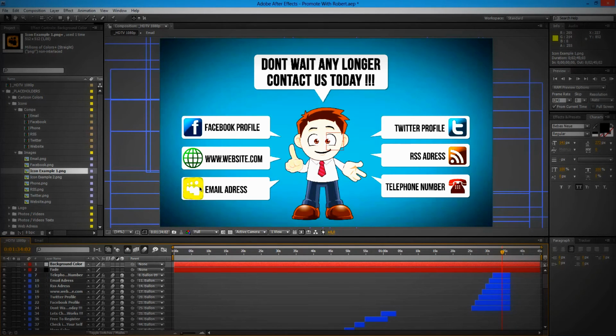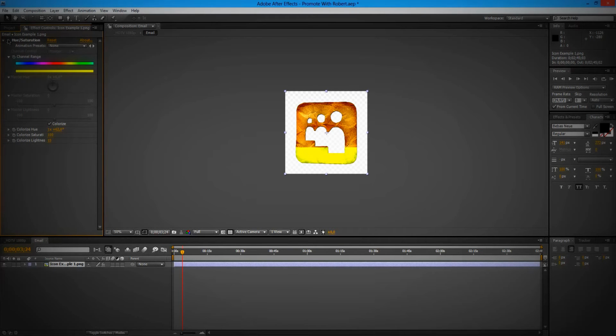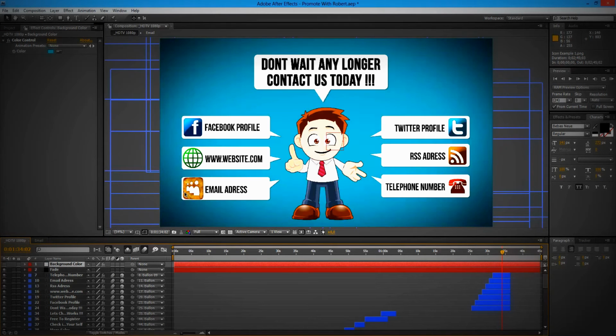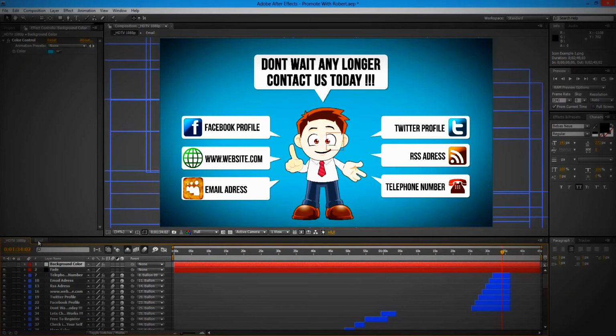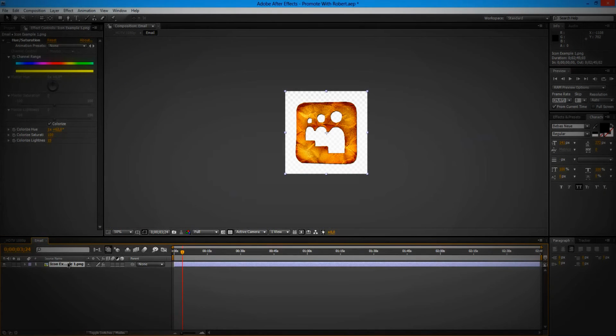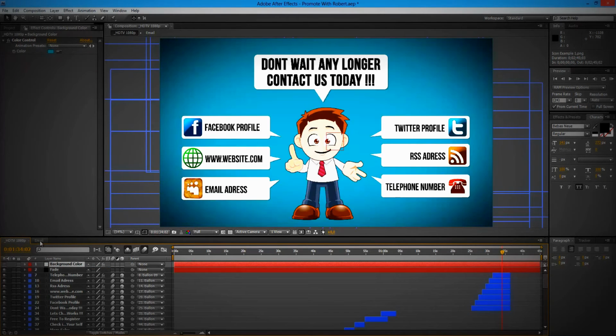The color is a bit off, and that's because we have a color correction effect on the previous icon. If you want the original color, just disable it, and there we go. We have the original color here. In this case, it's a bit wider than the others, so you may want to play around with the scale. Okay, so it looks more